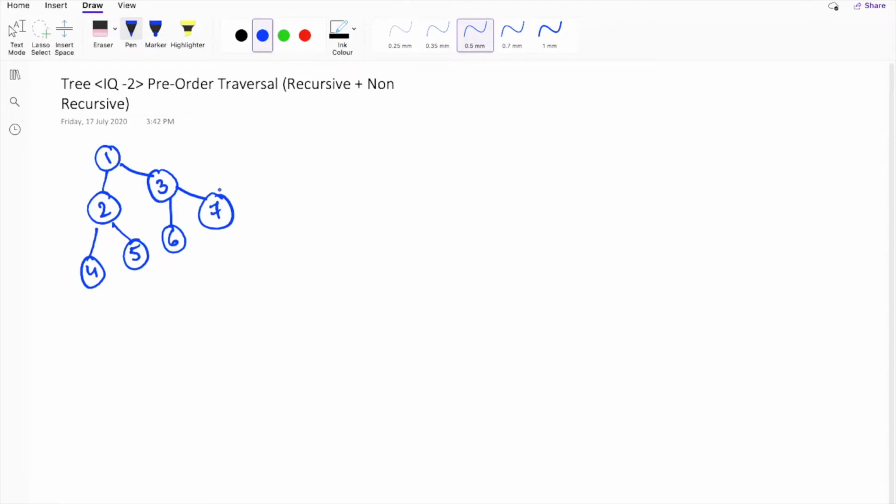Hello guys and welcome to another video tutorial series on data structure tree. Today we're gonna discuss another important topic on tree, and that is pre-order traversing. In our last video tutorial, I described in detail how we should do a level order traversing using a non-recursive approach, which I consider one of the most important approaches in solving most of the problems in tree. And in today's video tutorial, we will be solving the second type of traversal, that is the pre-order traversing.